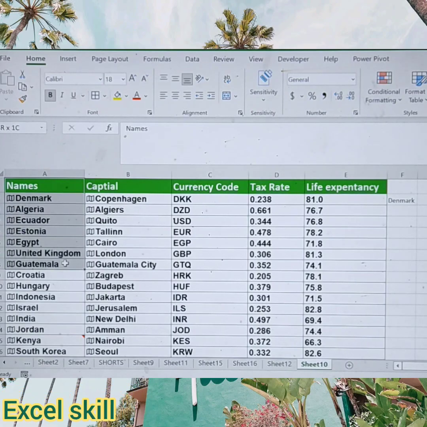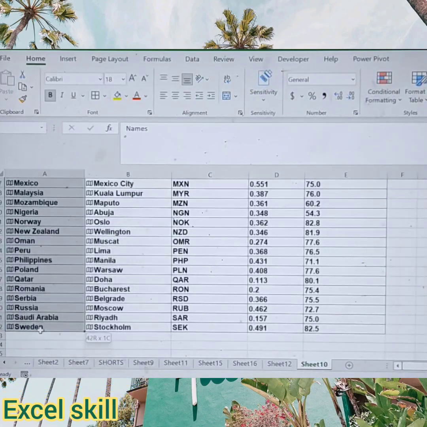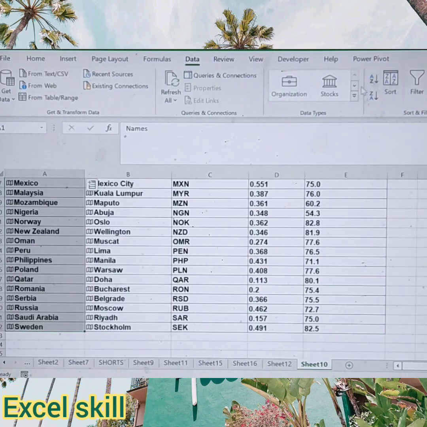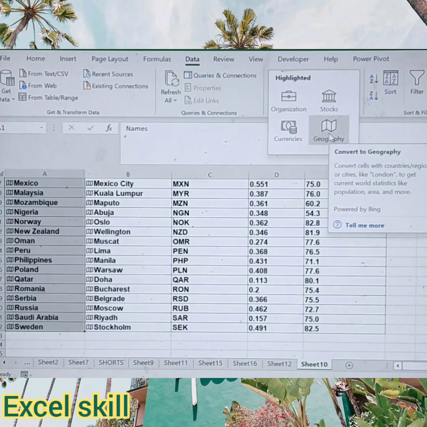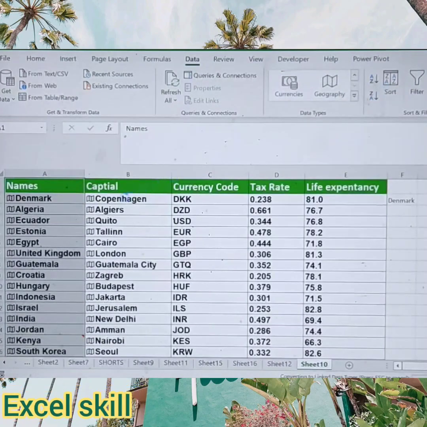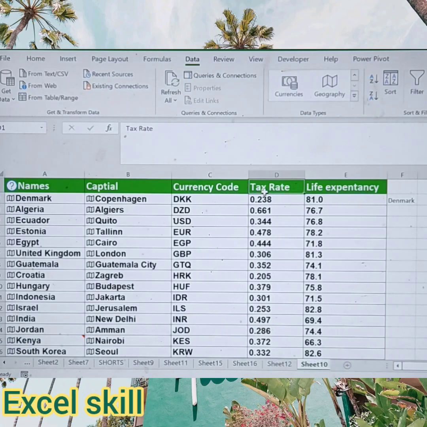Now copy this list of the countries and go to the Data tab, then you can see the icon called Geographic here. Click on the Geographic icon and you can get into each field like capital, currency code, tax rate, life expectancy, and so on.